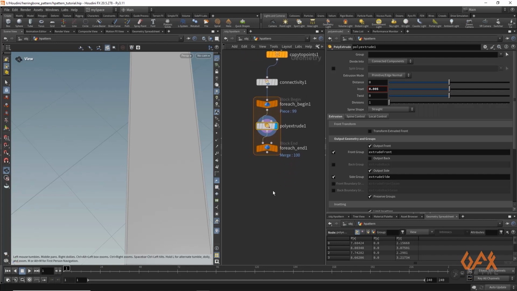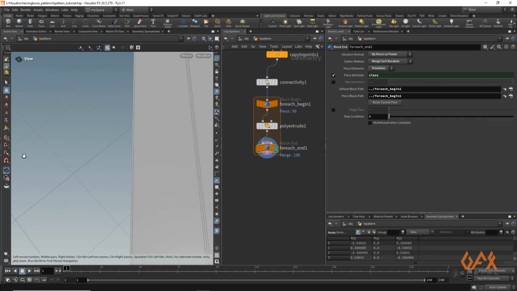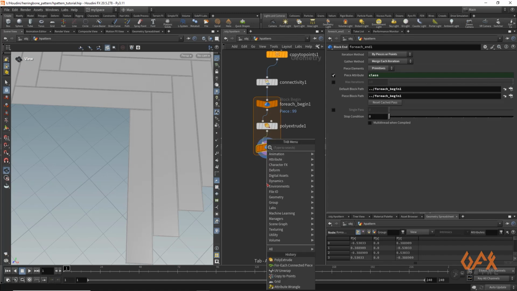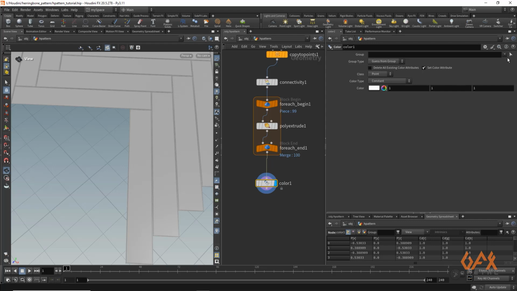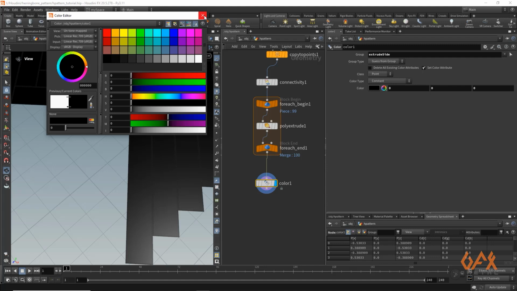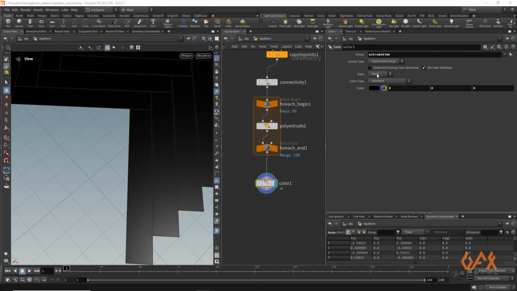Now we have all the things like this. Now I am going to apply one color onto extrude side, which may be black, and that should be on primitive.